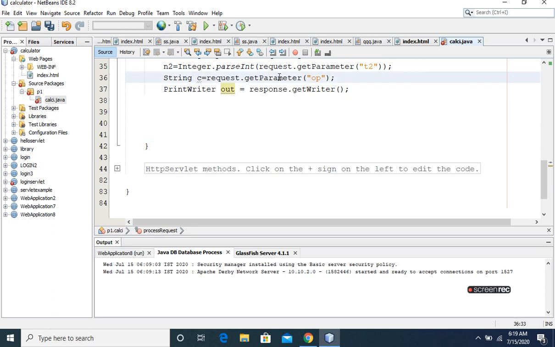Based on the request parameter, whether the user has selected plus, minus, multiplication or division, we want to give the output. So we will have to give the if else condition. If op.equals plus